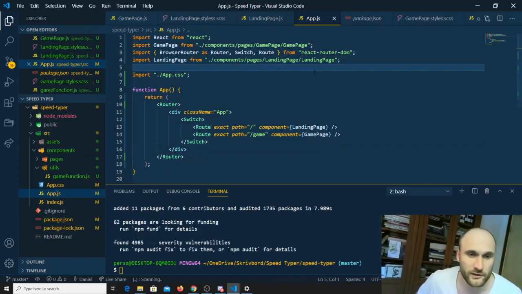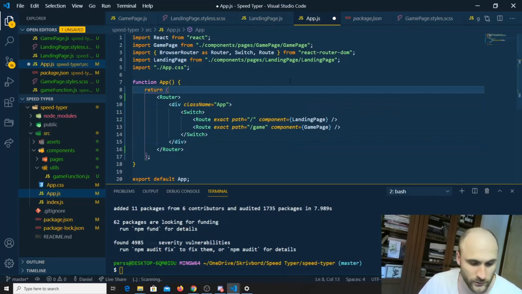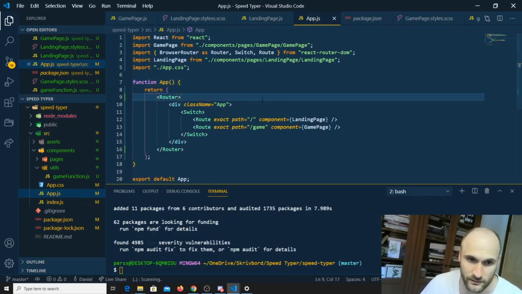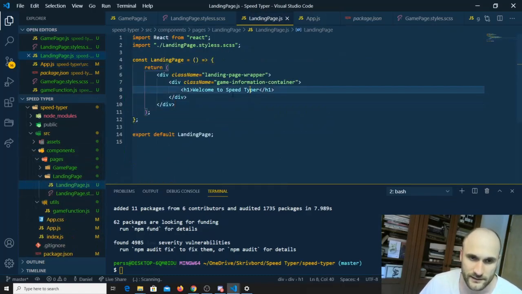I know that I told you earlier about React Query DevTools, but it's actually nothing that we need in this particular project, so we're going to skip it for now. And what I want you to do now, when we have this set up, is go back to your pages and the landing page, and then inside this landing page now,